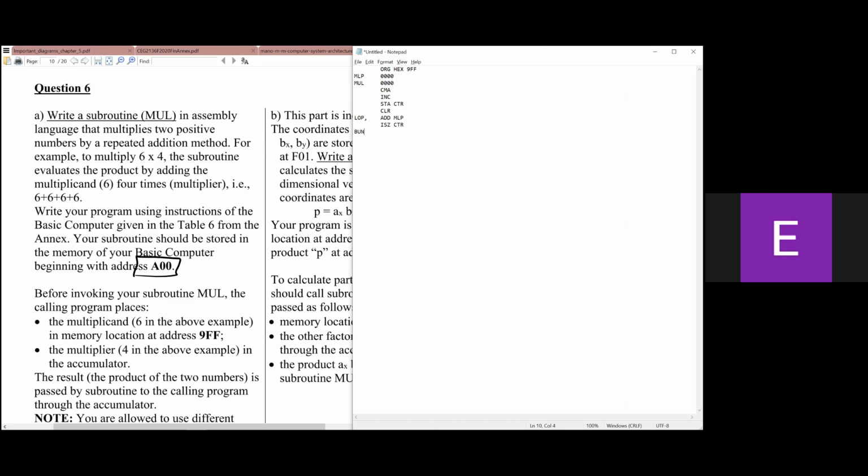So we can just branch to our loop again, and that will go up here. Every time it does that, it will keep incrementing the counter until the counter equals 0. Then when the counter equals 0, it will skip this BUN. And then we can just say BUN MULI. And that's because we're saying that